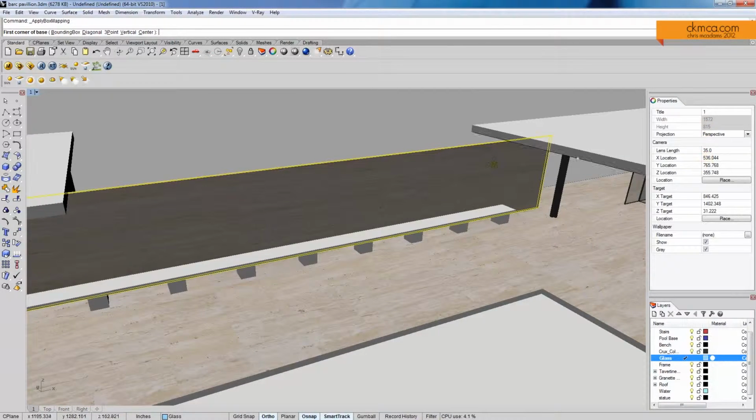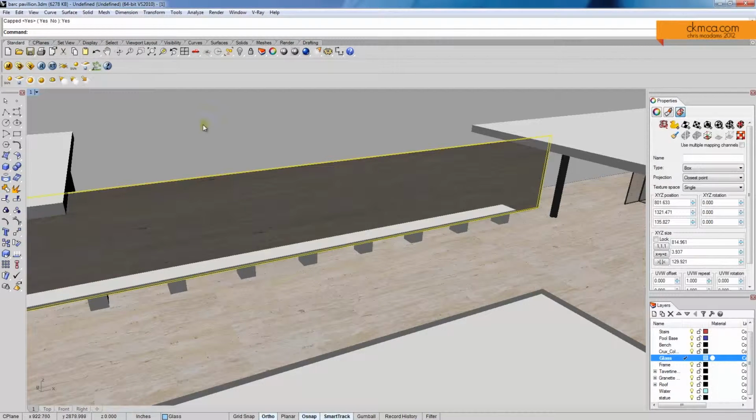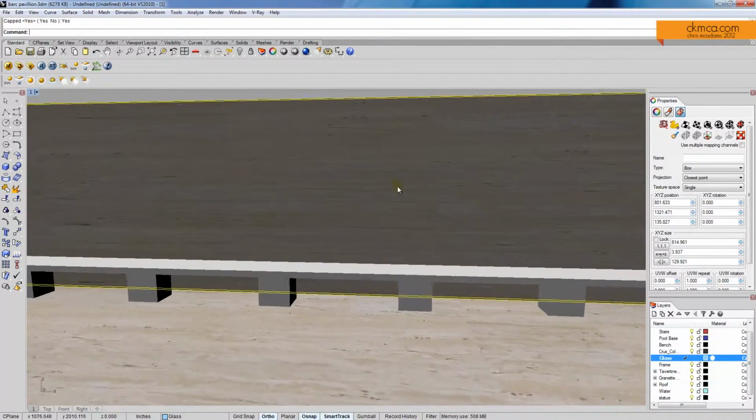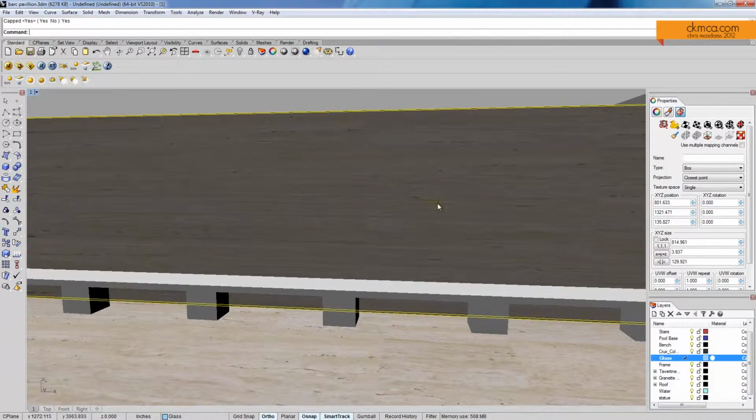So with box mapping selected, again, it asks me, what do I want to do? I say bounding box of the world. Do I want to cap it? Yes, I want the top and bottom closed. So now, again, the material looks just the same, but I have an opportunity here to come in and try